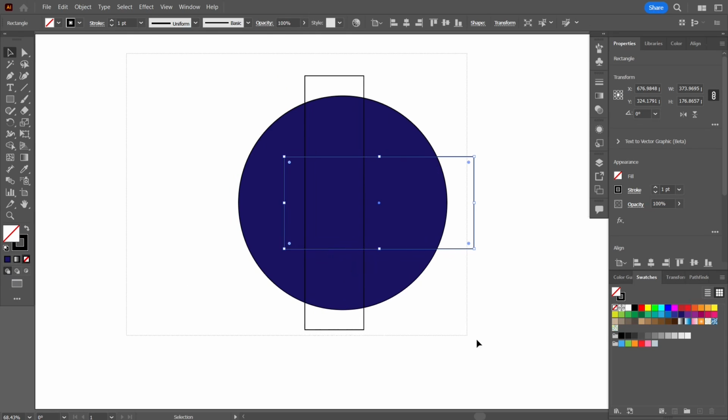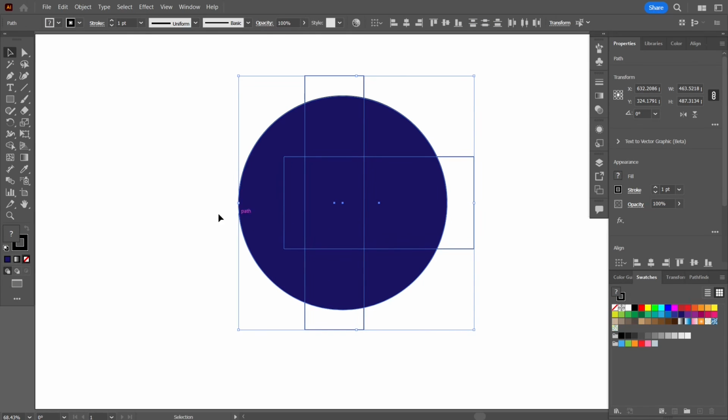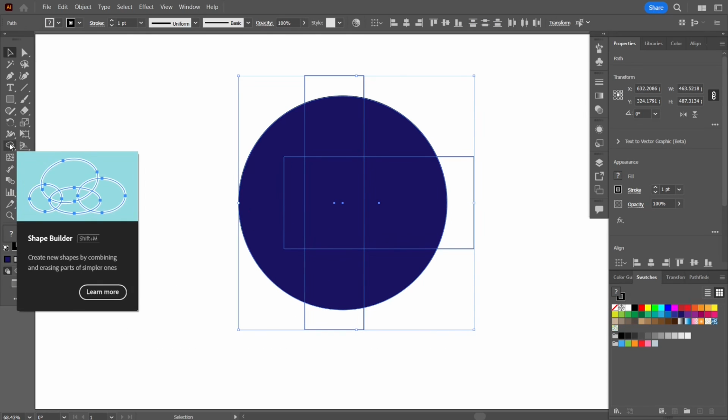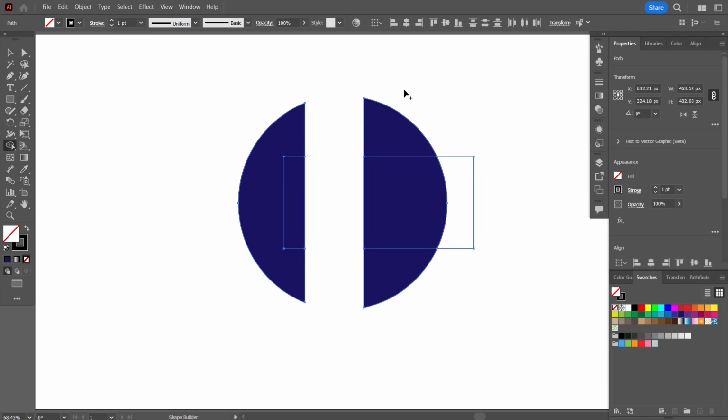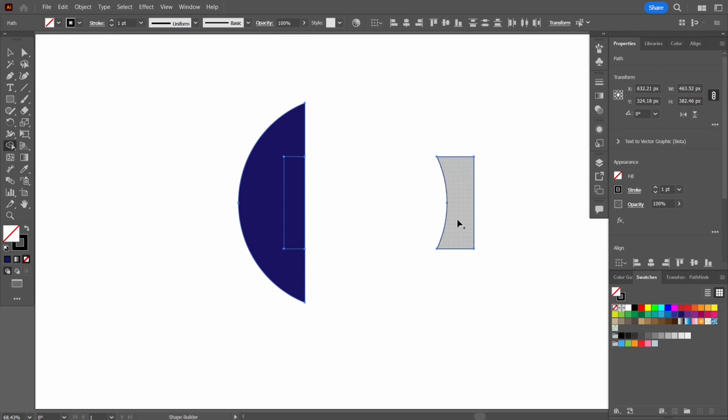So I'm going to select everything by dragging over it or by pressing Ctrl A. Go here and press the shape builder tool, Shift M. Now I want to delete all these things. So I'm going to press Alt and draw over whatever I don't want. I can draw with this, I can draw with this, and